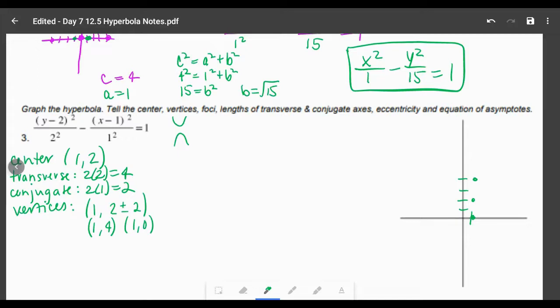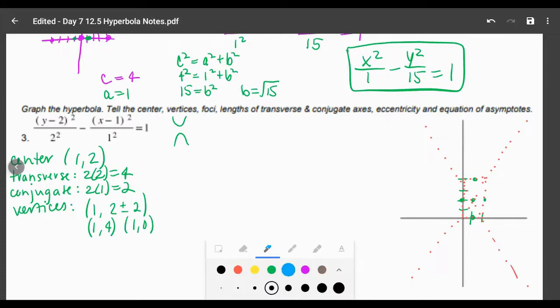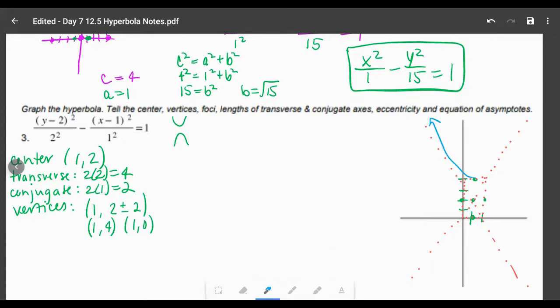And my conjugate axis is going to go left and right from the center. So that'll go 1 to the right and 1 to the left. Once you have those 4 points, the midpoints of the sides of the box, you're going to create your box and draw in your asymptotes. That should go from corner to corner, also through the center. And then look back at your equation to verify which direction the hyperbola is opening, and this is opening up and down. So I'm going to start at the vertex and go as best as I can along towards the